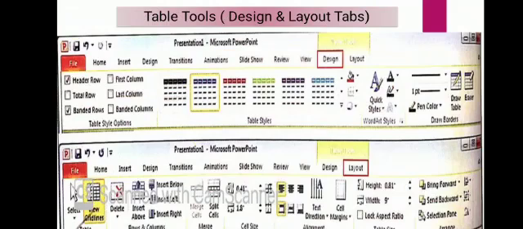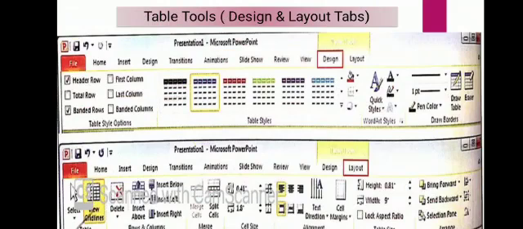Now next is Table Tools. See in the diagram, when you insert a table, one more option with tools will appear on your screen, that is Table Tools. In this, various tools are present in Design and Layout. The first diagram shows the tools present in the Design tab, and the second one shows the tools present for Layout.